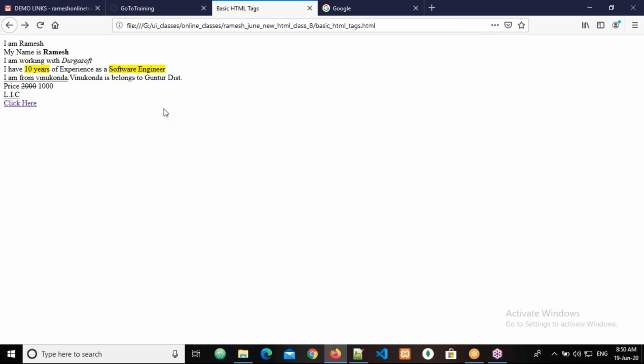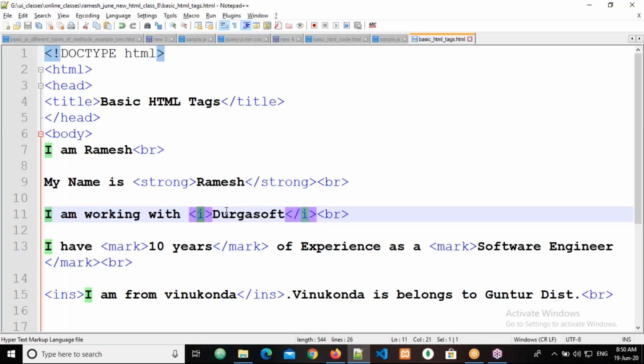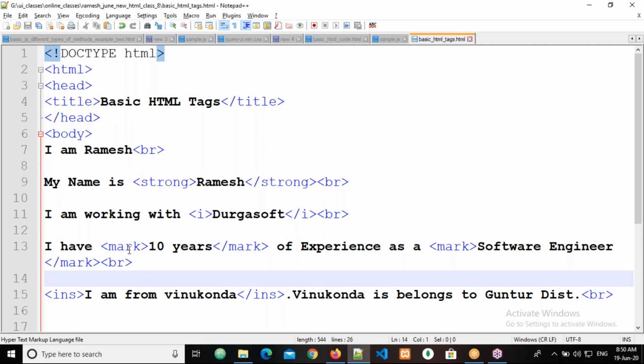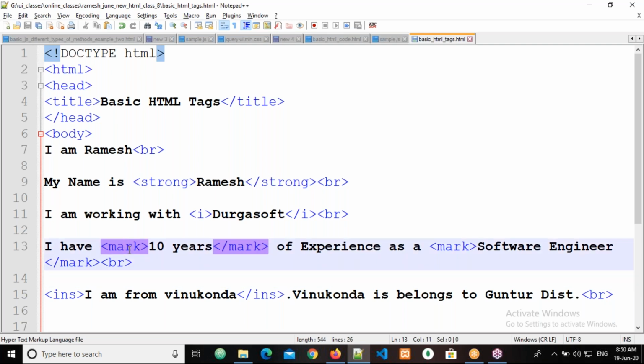Okay, then the mark tag. By default the background color is yellow, and we use it because I want to give the user the experience that this is important or should be highlighted. If you want to give that type of user experience, you can go for the mark tag.